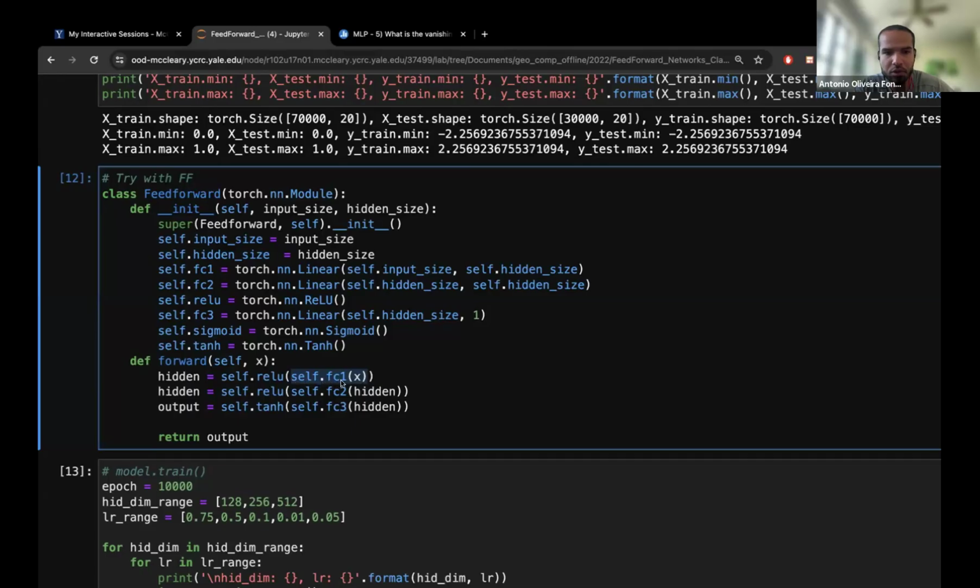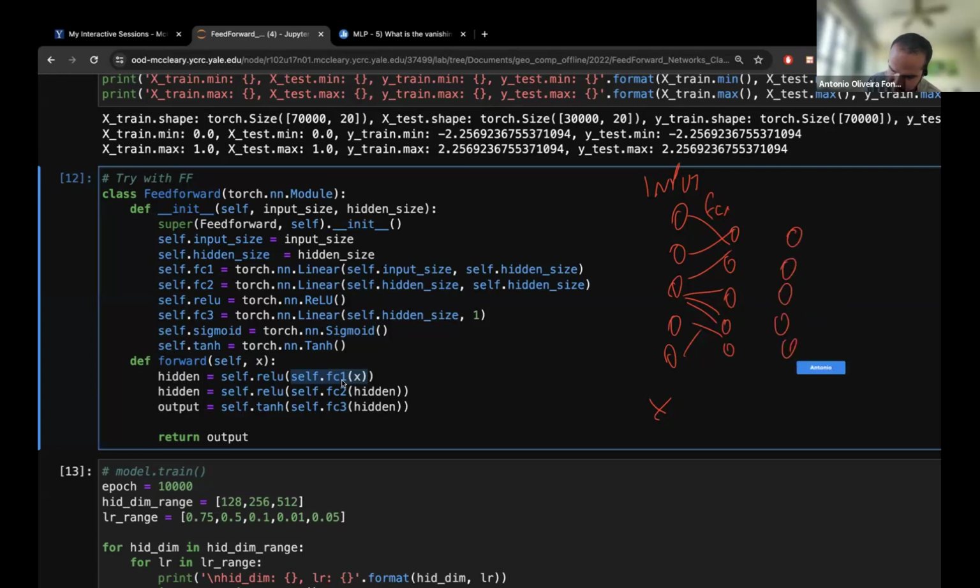The inputs go through the first layer, right? We have the input, which by all means is our X. We have the second layer, so FC1 is this guy. Then for each one of these neurons, we have another layer here, FC2. Lots of connections, right? Each one of these nodes coming from the first hidden layer